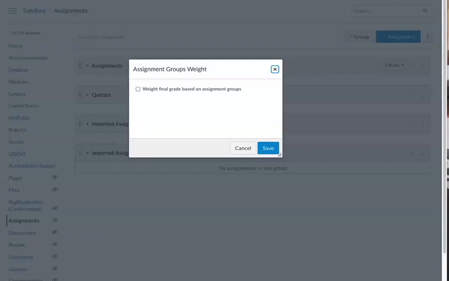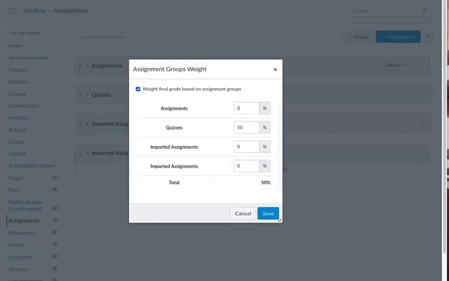Tick the little box that says Weight Final Grade, and then insert my percentages. It's easy to see whether things total 100% or not and adjust as needed. If you have items you don't want to be part of the calculations, put all of those assignments in a single category and give it 0% here in the weighting. Maybe perhaps warn students that that category isn't part of their grade total so they don't panic over the 0%.